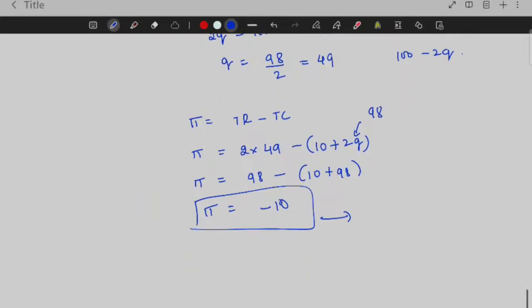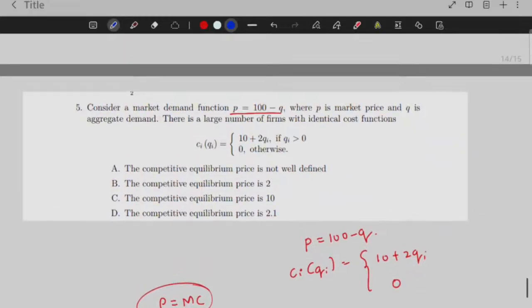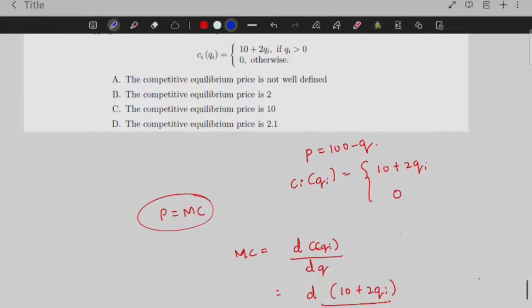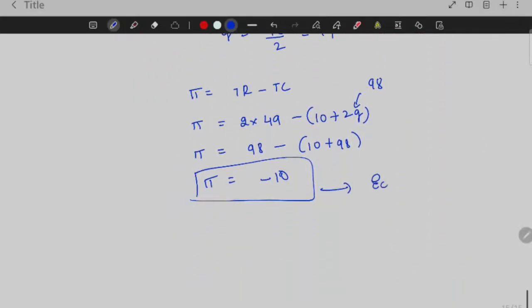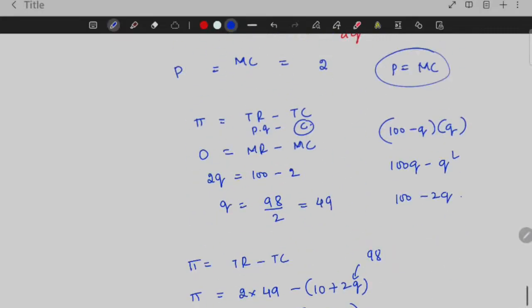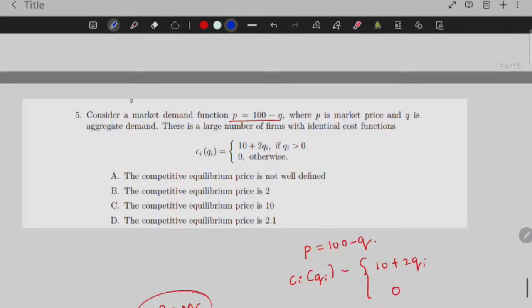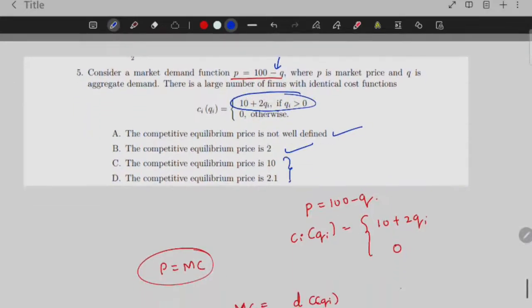It isn't, right? At exactly 2 rupees, he can't get a profit in the long run. He is not going to get economic profit. He will be removed out of the market. So they have given that this is possible. Obviously we can well define the equilibrium, because they already gave the price, the inverse demand function and the cost function.